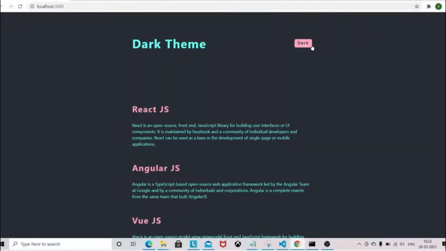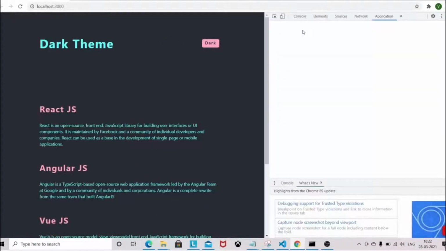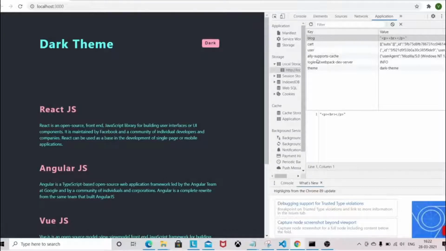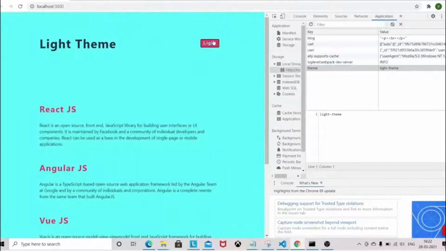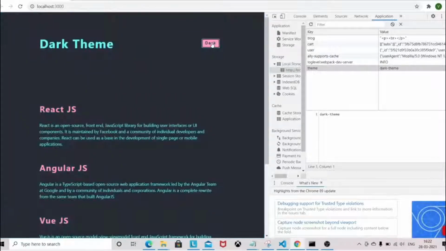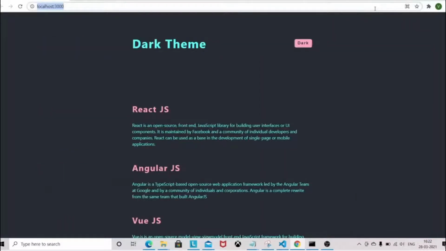and you can see that the theme is getting persisted in our application, and you can also see in the application tab as well. So we have stored this in local storage with the theme name, and if you change the value, it is getting changed in the local storage as well. So guys, we have implemented the dark and light theme in a React application,